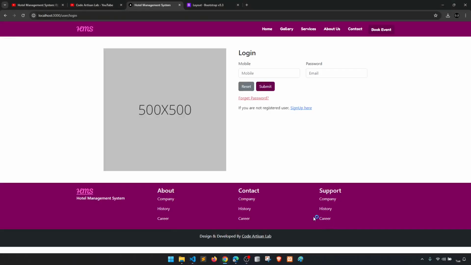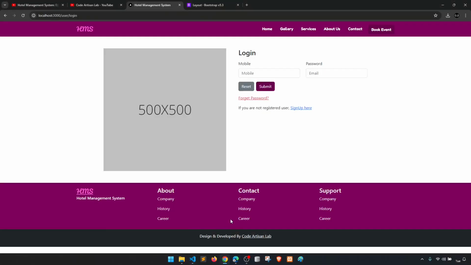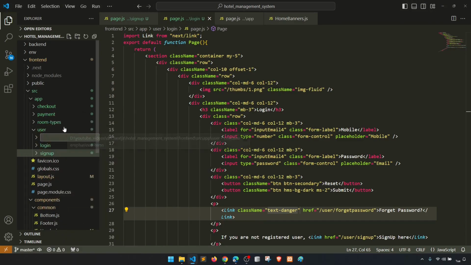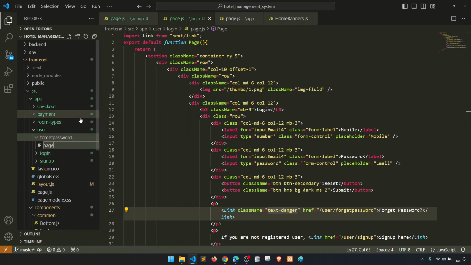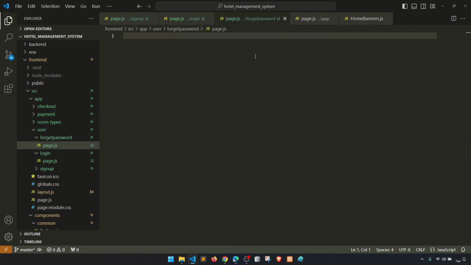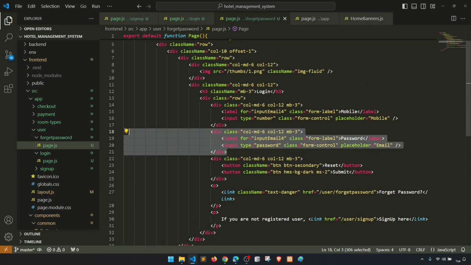Okay, let's do one more thing. Forget password. Okay, let's create the forget password page then. So what we will do, we have a sign up, we have a login. Let's create one more folder, forget password, right? And then in this we'll create a new file, page.js, and let's copy the login one, paste here, and then here we will add the mobile number,